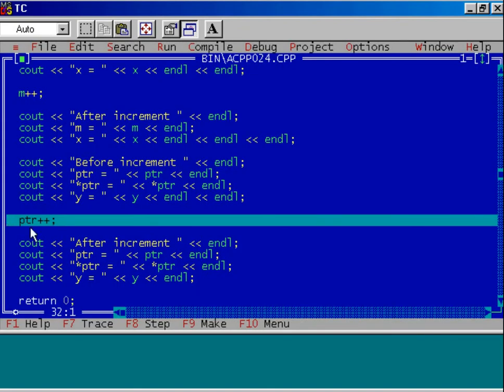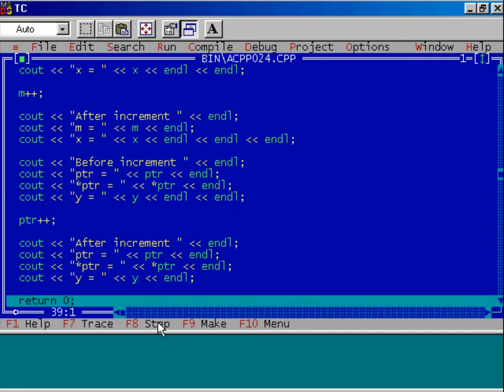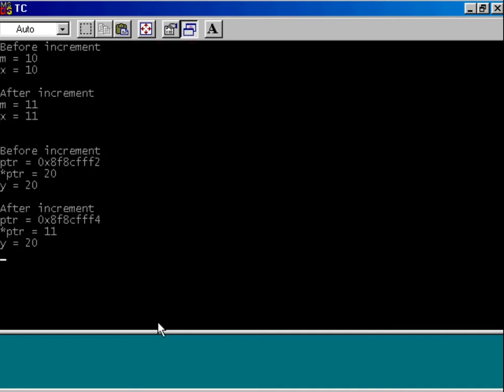Let us see what I am doing. I am incrementing the ptr, pointer variable. See the effect of this one. Execute the program up to this step and display same result again. When you increment pointer variable, the content of pointer variable is increased by 2, because this is a integer type of pointer, and we know that the size of integer variable is 2 byte, and that is why when we increment this type of pointer, incrementation is of 2 byte. Is it clear?